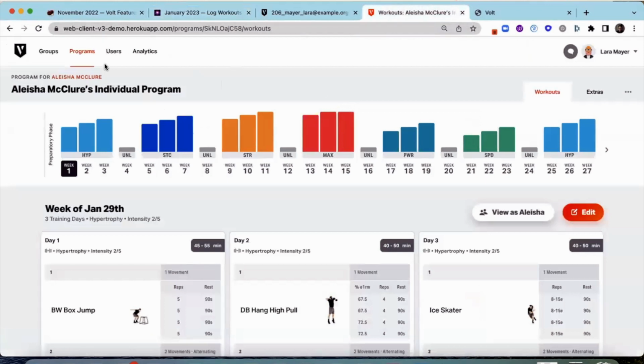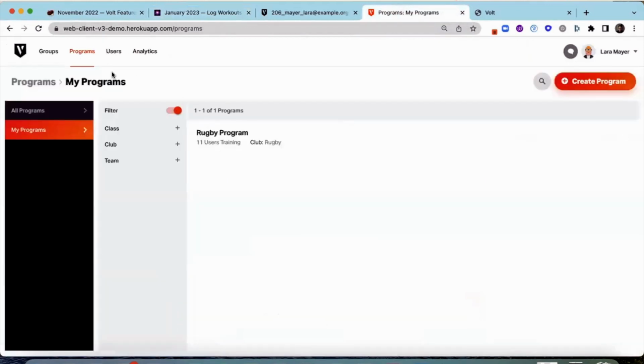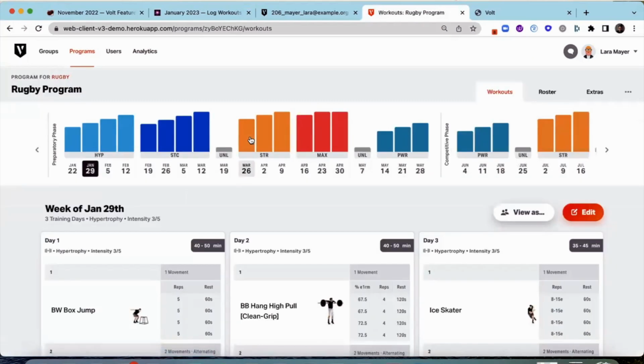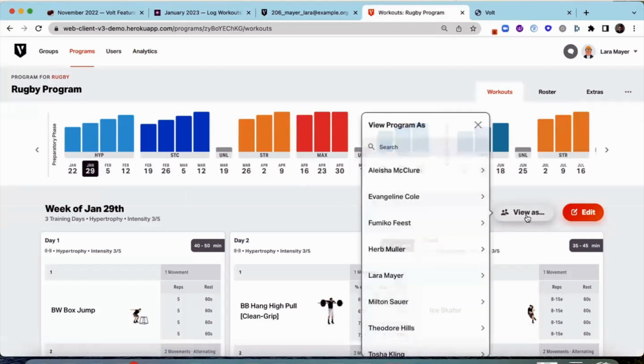So here's how that would work. Again, we go to our programs tab. We choose the program that we're going to be working within, and then we hit this View As button. So now I can see all of the individuals that are currently assigned to this program. Again, if it were a personal trainer scenario, you would probably just have an individual program, but same type of